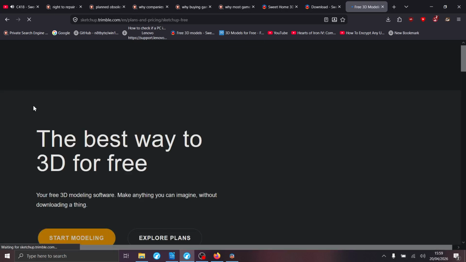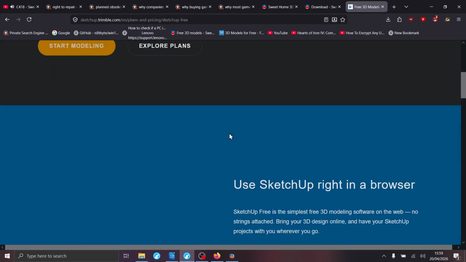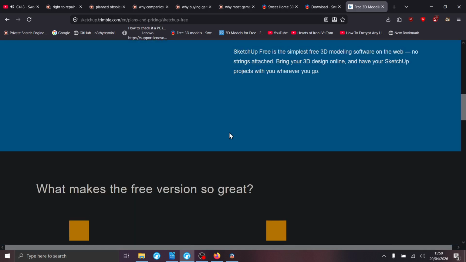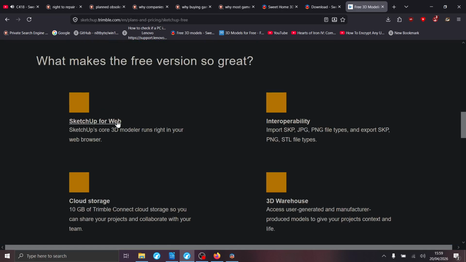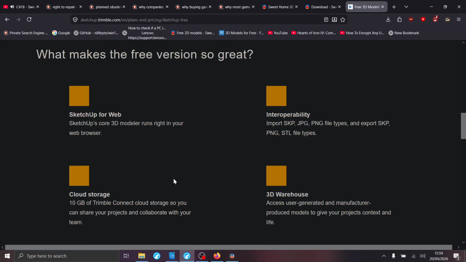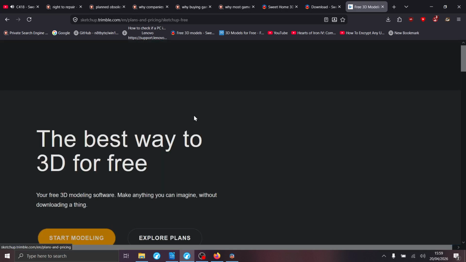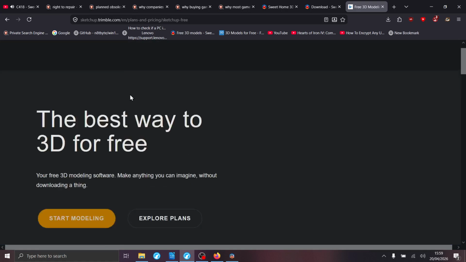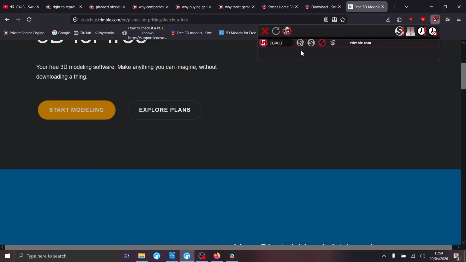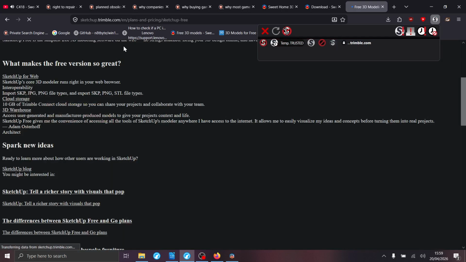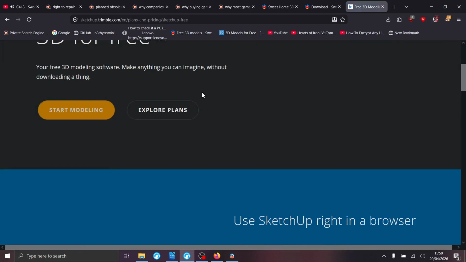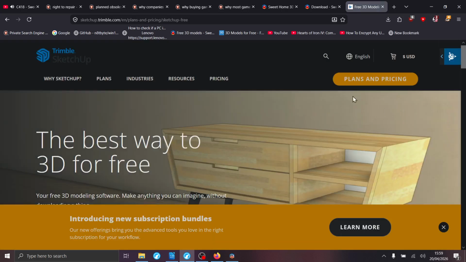There is a free version that uses the web app, but how do I explain this? The web version, I don't trust that much. Let me just activate my script.